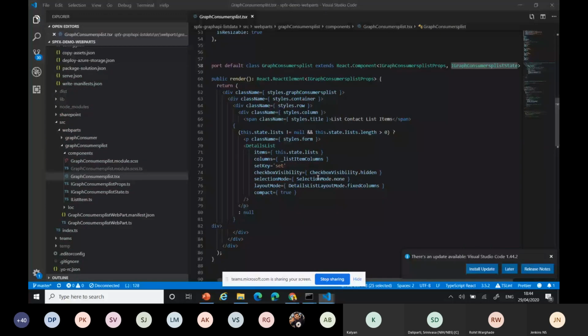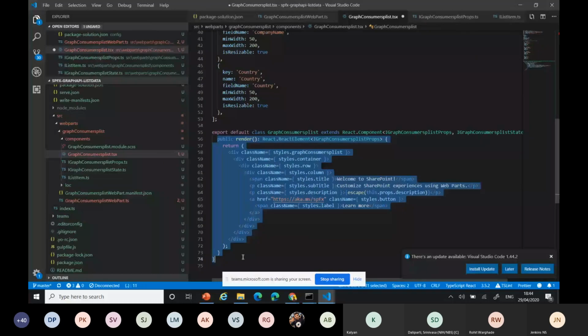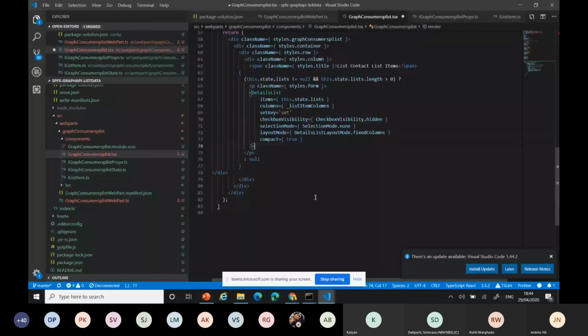Then for the render part, it's a normal div class only. I haven't modified anything, just the header. For the output rendering, I can add the DetailsList control with the list item output from my REST API. I'm just taking this render method. Now I have the render method ready.